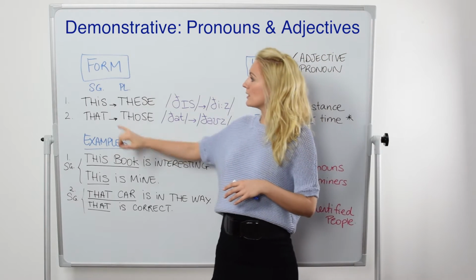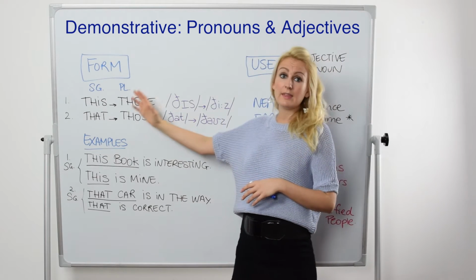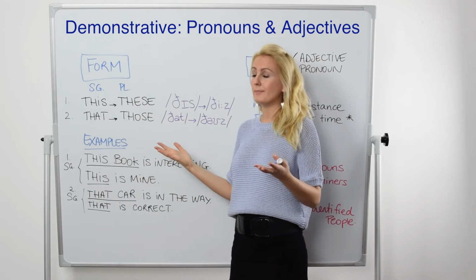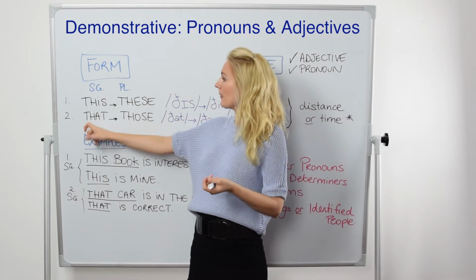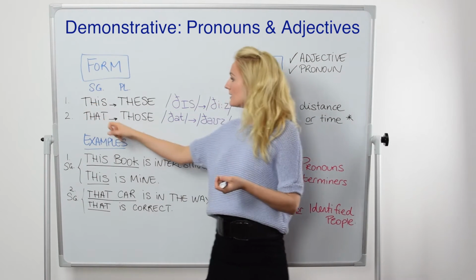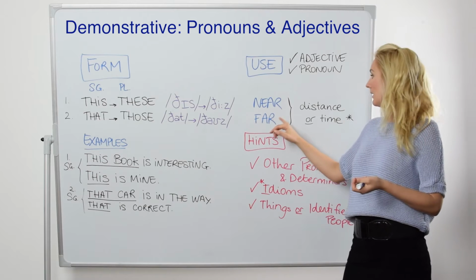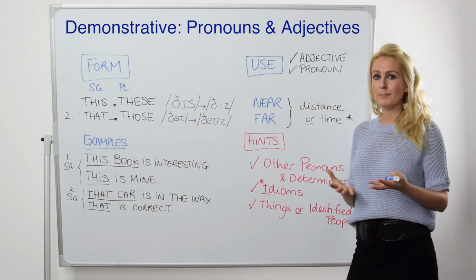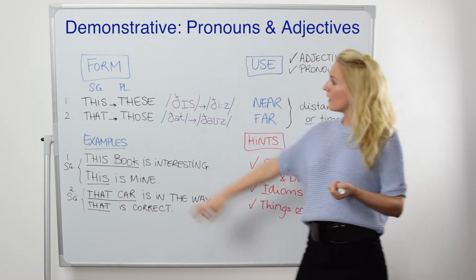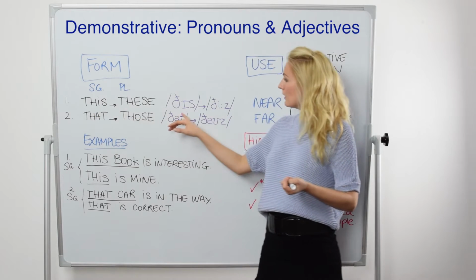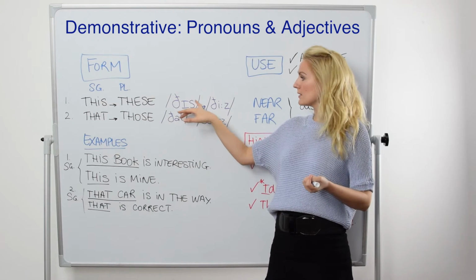So let's look at the form. Whether we're dealing with the demonstrative adjective or the demonstrative pronoun, we're dealing with the same form. So it's quite easy. The singular form, a determiner or adjective or pronoun, singular, would be this. This we use when we're referring to something that is near. Near in distance or near in time. Listen to this. We're referring to something that is near. This is the singular form. This is the phonetic transcription, so the, short vowel, S.